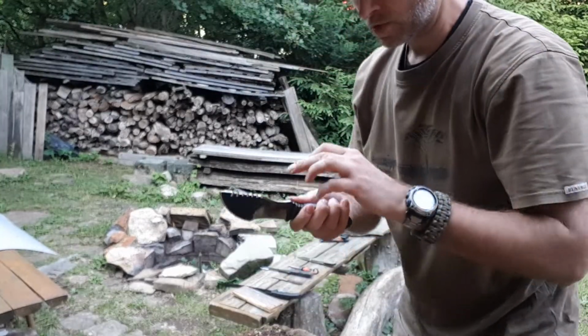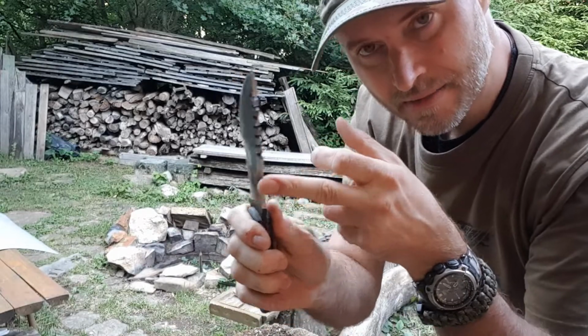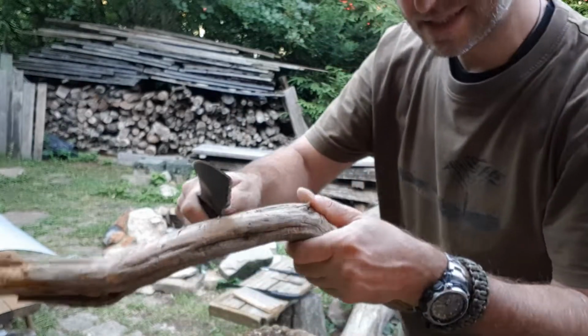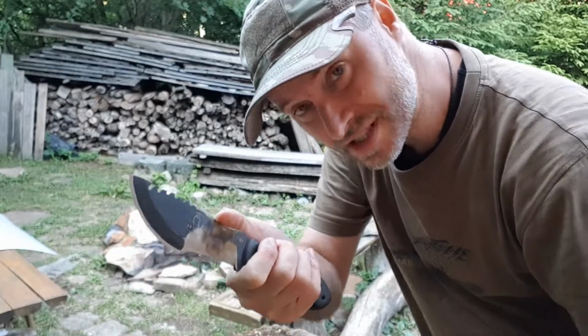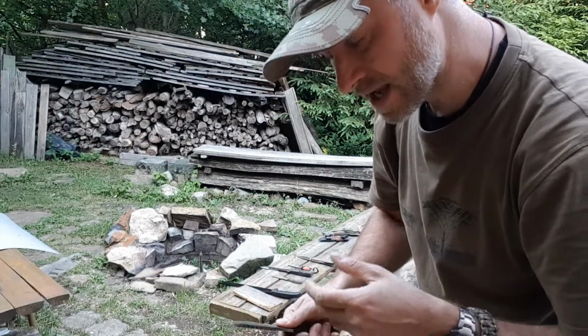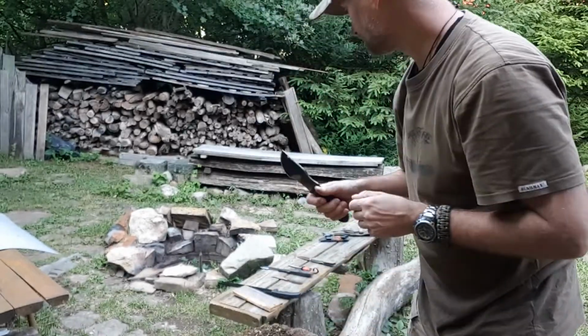Okay, so I prepared this spine here much better. So this one can make some of these, I will say that. It works on this knife, on the T2. I don't have it on the T1 made in this way, and I don't have it on my T3 tracker. But